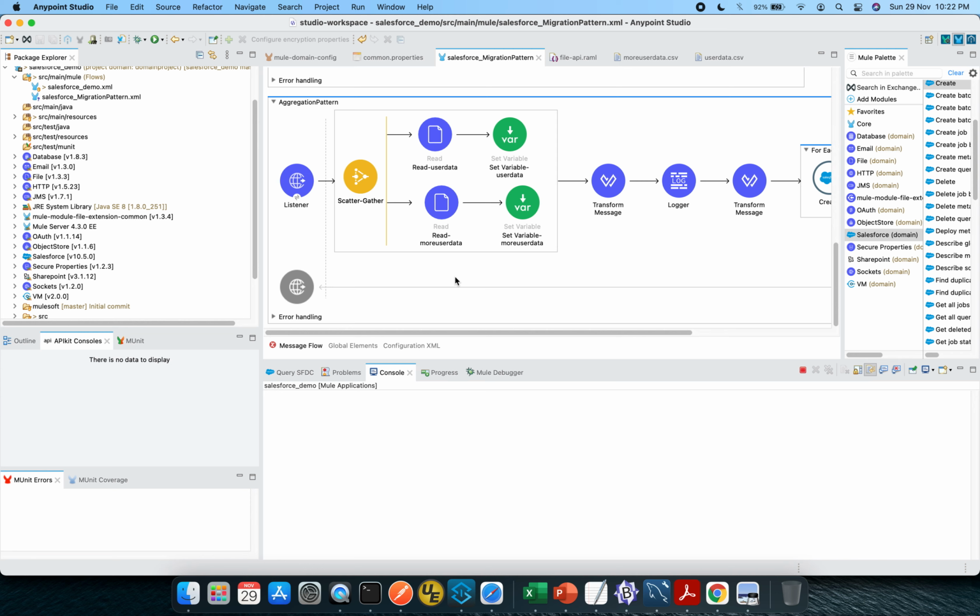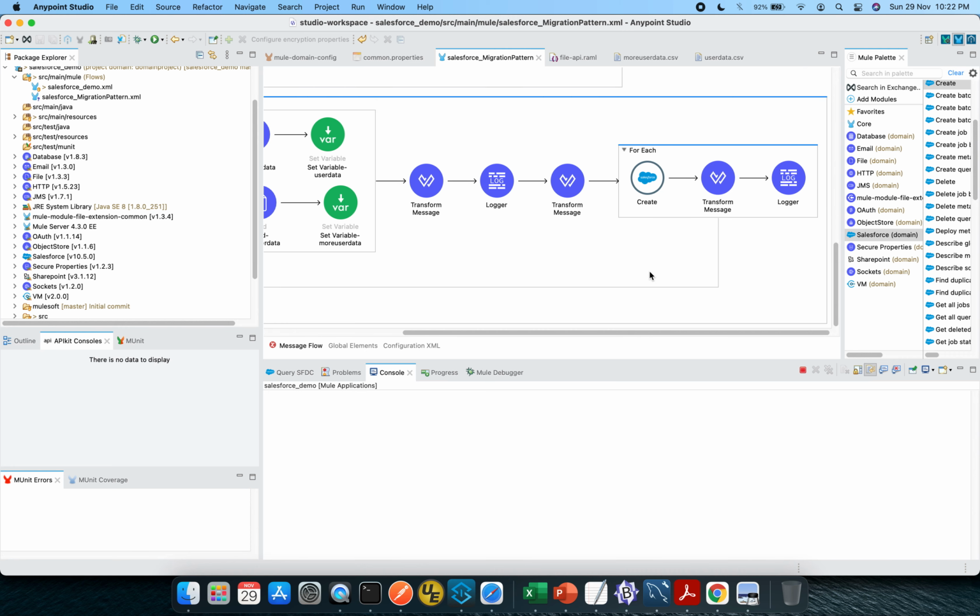So here we are discussing the aggregation pattern, and we will be taking source from two different systems. These are basically two CSV files, user data and more user data. After that, scatter gather is used, and we are going to merge and create a common payload, and the same payload will be fed into the create activity of Salesforce, wrapped in a for each scope.